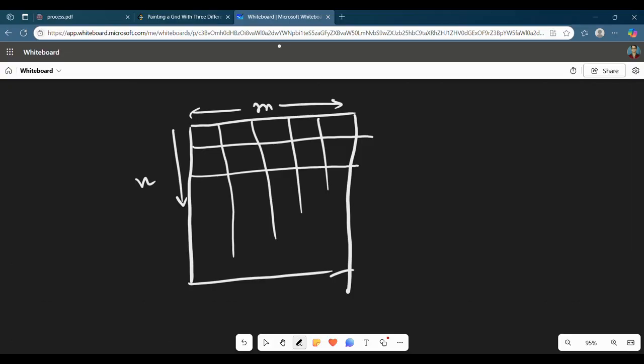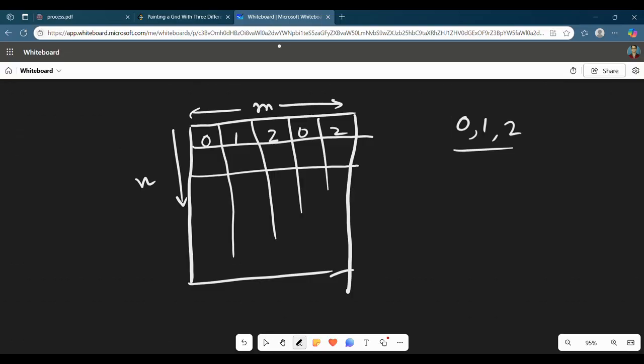If you write it as n cross m or m cross n, the answer will be the same, it doesn't matter. So I am writing it in the horizontal way. If you notice, you can represent 3 colors by 0, 1 or 2. So let's try to place them. Let's say you place 0 here, 1 here, 2 here, then again 0 here, then again let's say 2 here. So there can be different such combinations of placing.